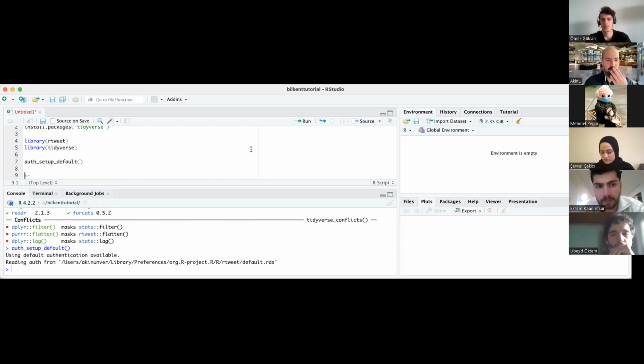So what we're going to do right now is create an object. I'm naming this object HIMARS_data. It is going to be the box or the container in which I'm going to put my Twitter data into. So HIMARS